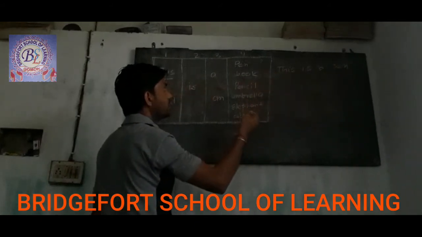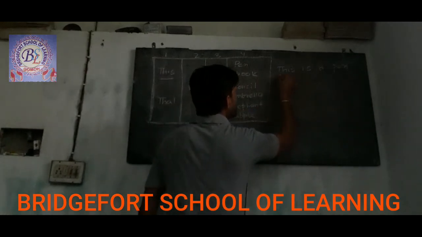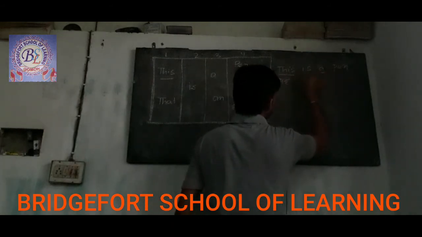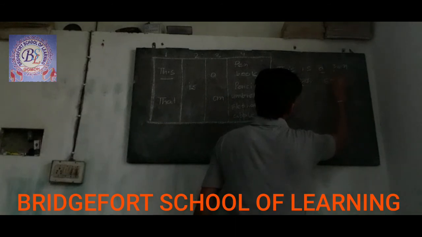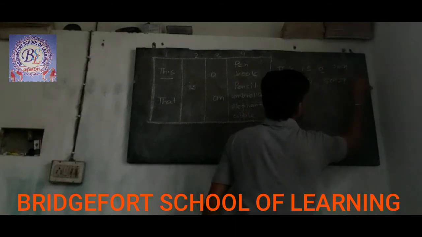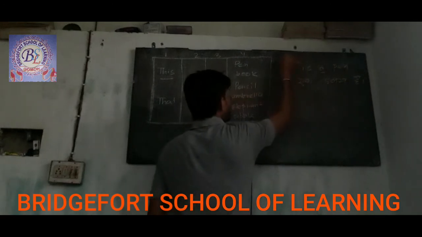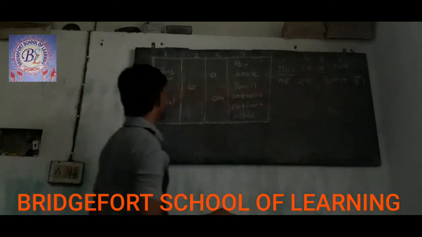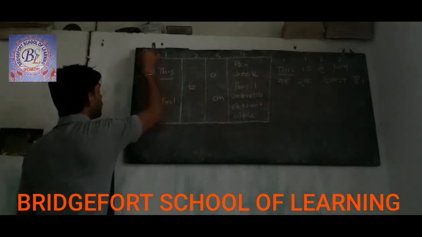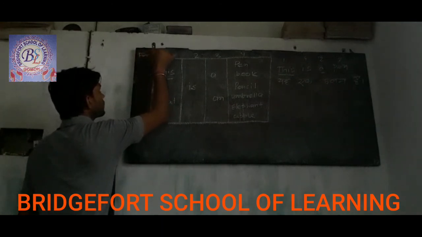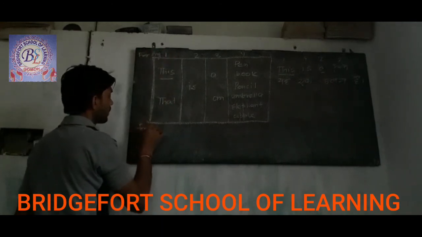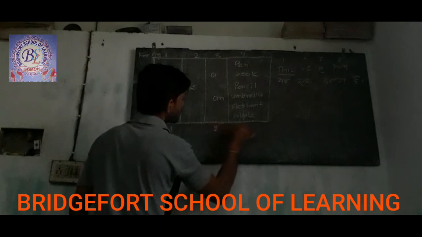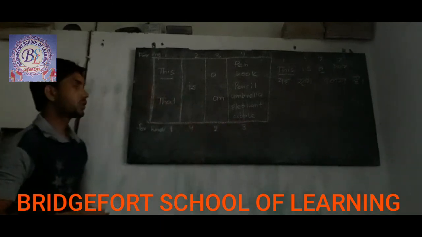Now in Hindi, we'll try to transfer this sentence into Hindi. So this means ya, a means एक, पेन मतलब कलम, और इसका मतलब है। ये जो होगा, ये हिंदी बनाने के लिए आपको बनाना पड़ेगा 1 नंबर, 2 नंबर, 3 नंबर और ये 4 नंबर। Same for Hindi, you will just have to use, ये है for English, और for Hindi के लिए आपको आना पड़ेगा, इसको 1 नंबर रखना होगा, इसको 2, इसको 3 और इसको 4 आपको चेंज करना है।